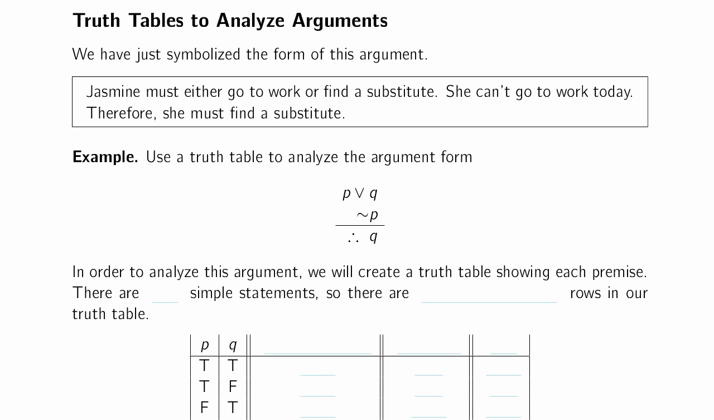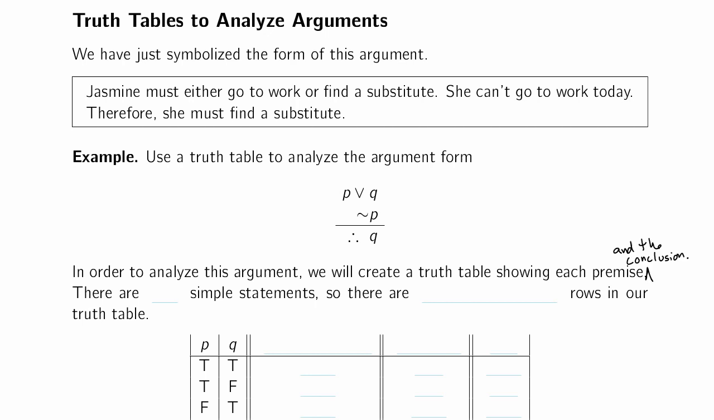In the last video, we symbolized the argument. Jasmine must either go to work or find a substitute. She can't go to work today, therefore she must find a substitute. In symbols, we found that for appropriate choices of simple statements, the form of this argument is P or Q, not P, therefore Q. In order to analyze this argument, we'll create a truth table showing each premise and the